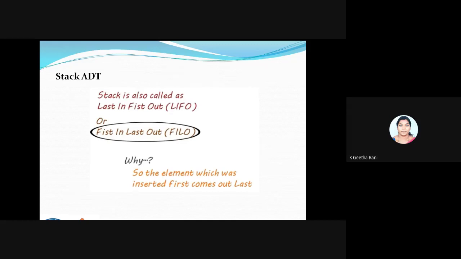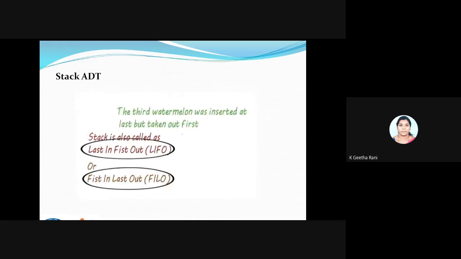And we have one more thing called last in, first out. It's nothing but, if I want to remove the last element, my third watermelon, I can remove it because the third watermelon can be removed in the first operation itself. That is called last in, first out. So these are two different names for removing data from your stack. I can't just take the watermelon from the middle. I can only remove one after another. The topmost will come first. So this is called first in, last out, or last in, first out.